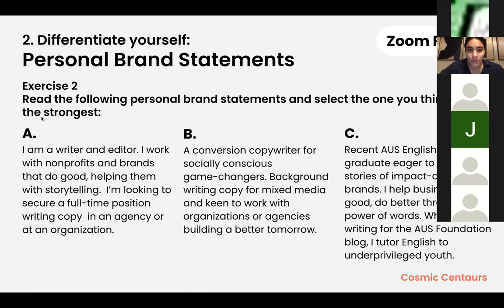B is still really good. It's not that it's bad. A is the weakest one, but B is good. But C gives me the full picture. So I get to understand more about you. And if I'm thinking about it, companies, they hire not just based on skill sets, but also for the people. And with C, I understand more about the person that you are. And that's why that option is stronger. So I'm happy that I caught you by surprise, Dimitri. That means that hopefully you'll walk out here with some food for thought.